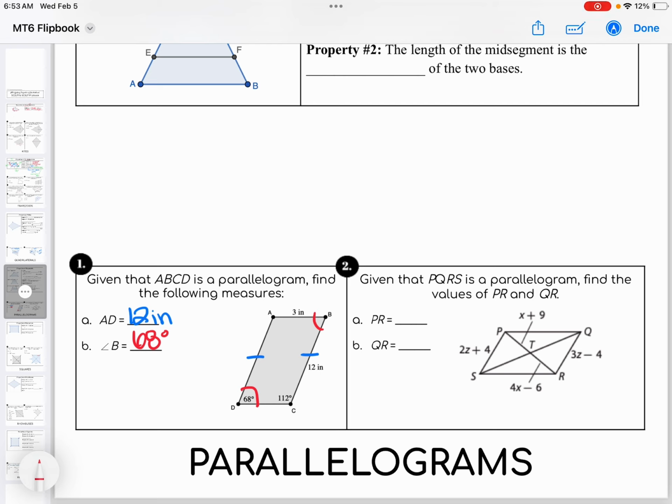So this next problem is a little bit more difficult. You're having to use those properties, but you're also having to say that this is congruent to this and solve it algebraically. So the first thing that I'm going to do is see what it's asking for. So it's asking for what PR is. Well, PR is this diagonal here. That's the whole diagonal. Well, I know that my diagonals are congruent in a parallelogram, so I know that PR is going to be congruent to,